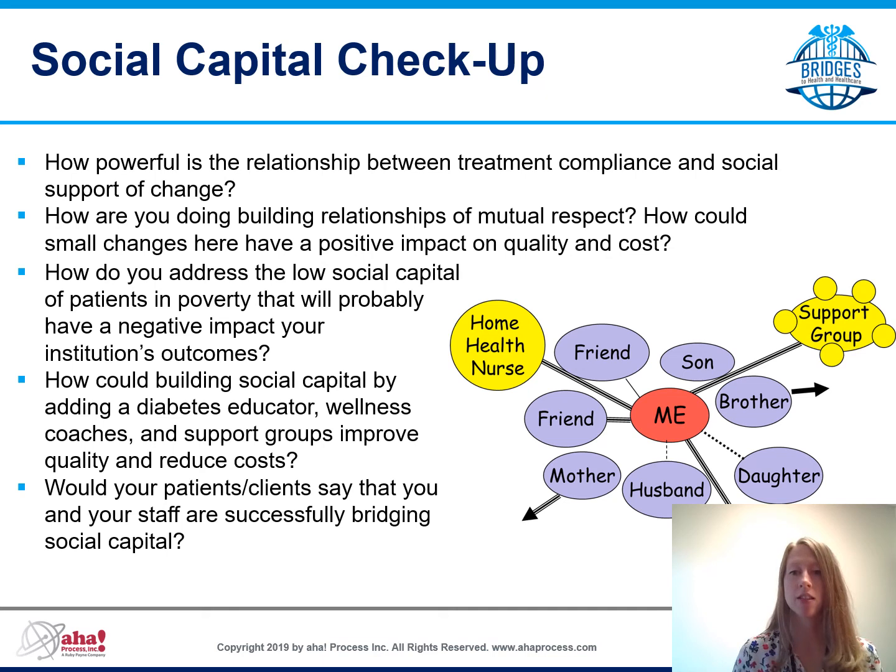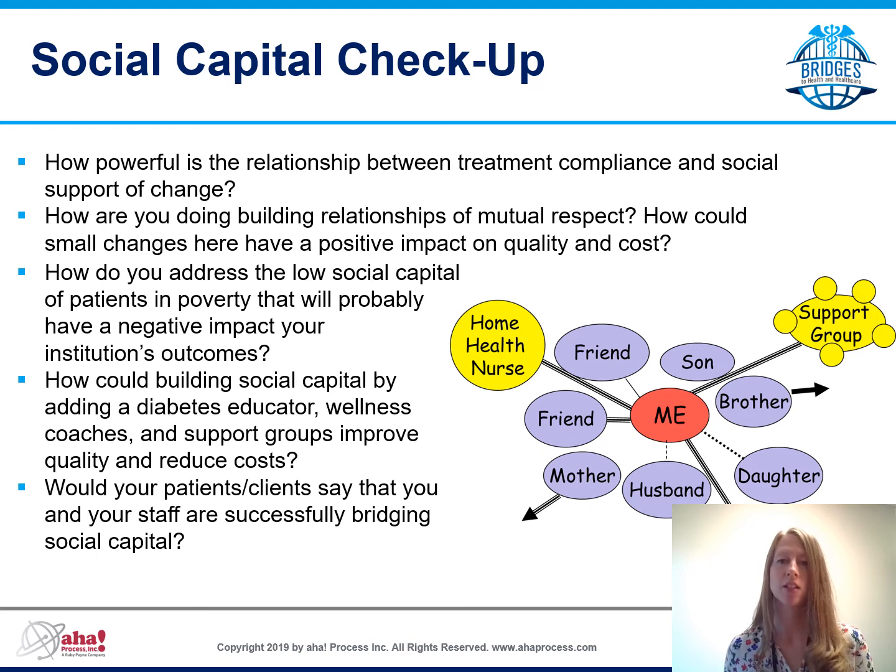So for instance, if you're working with a patient who's been a long time heavy smoker and they're coming around to the idea of quitting, it can be very helpful to plot out their social supports. If they live with smokers, it may make it especially hard to quit. But if they do have a close friend or a family member who also wants to quit alongside them or otherwise support them, they can be a huge ally.